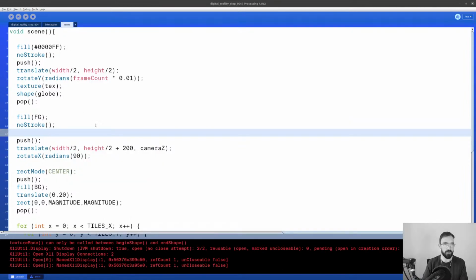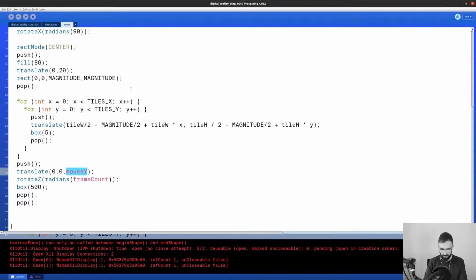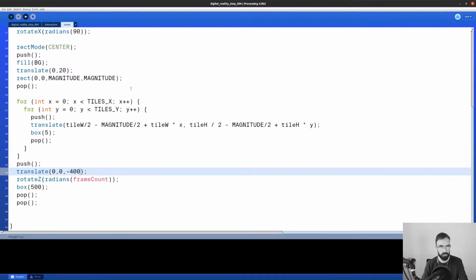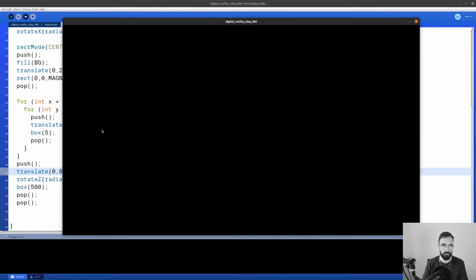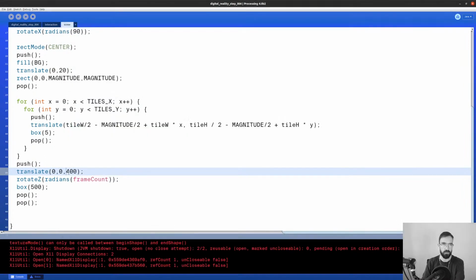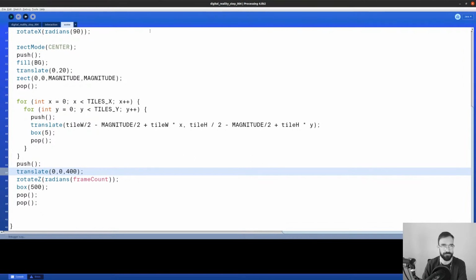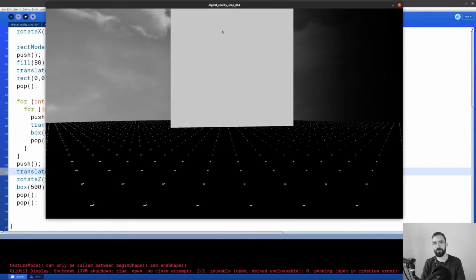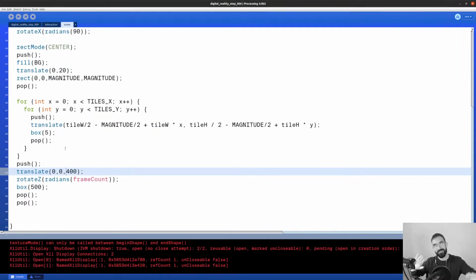I think it could be interesting, first of all, to fix that box to a specific position, maybe -400. Let's see. Okay, now it's behind the camera. So in the Z space, that's something I always forget. If you want to put something in front of the camera, you have to add a value to the Z position. And of course, I also forgot that I flipped the coordinate system. So that means I have to